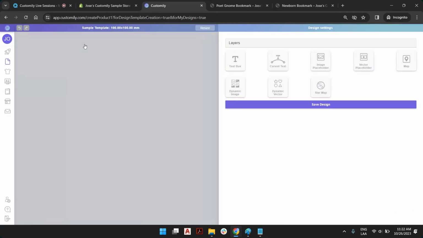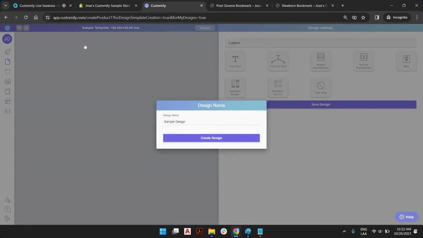We have the advantage that we know for a fact that we have a specific proportion for our design to be created. We have this 50 by 160 dimension, and we can replicate that in our design studio. So I'm going to call this design, we're going to call this the newborn